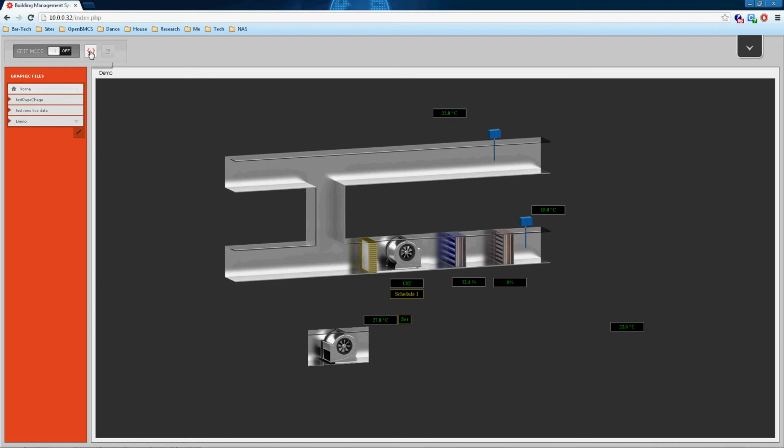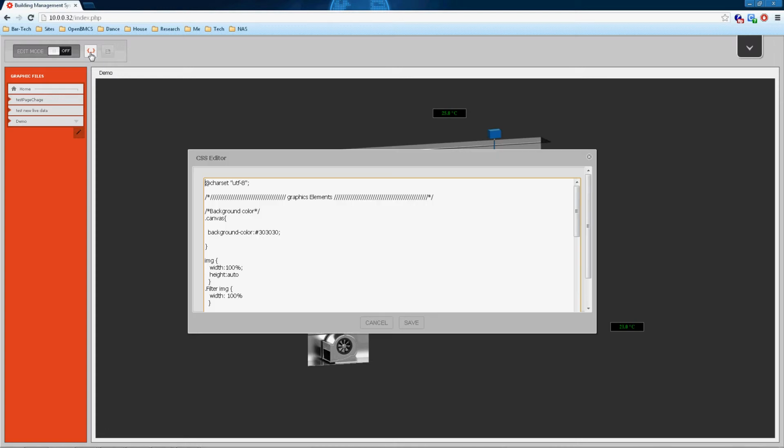Okay, so from there, what we're actually able to do is go up to this button at the top here and click CSS editing. So this allows us to, for one, if we want to change, say, the background color. These are standard calls that you can research if you look for CSS editing in W3C or many other different places. You can find different options to be able to make modifications, but if we just save that,